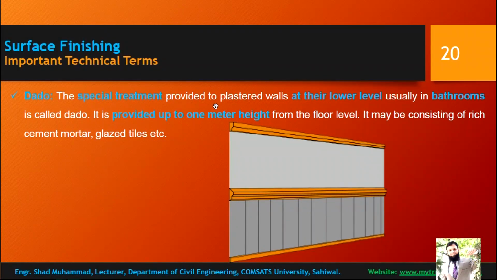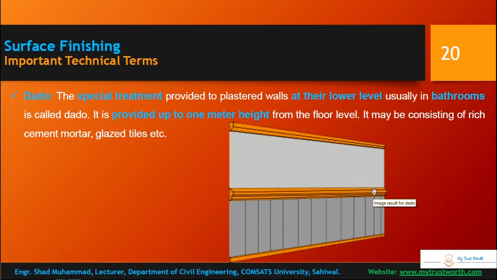The special treatment provided to the plastered wall at their lower level, usually in bathrooms, is called dado. It is provided up to 1 meter height from the floor level. It may consist of rich cement mortar, glazed tiles, etc. You might have seen in your houses that